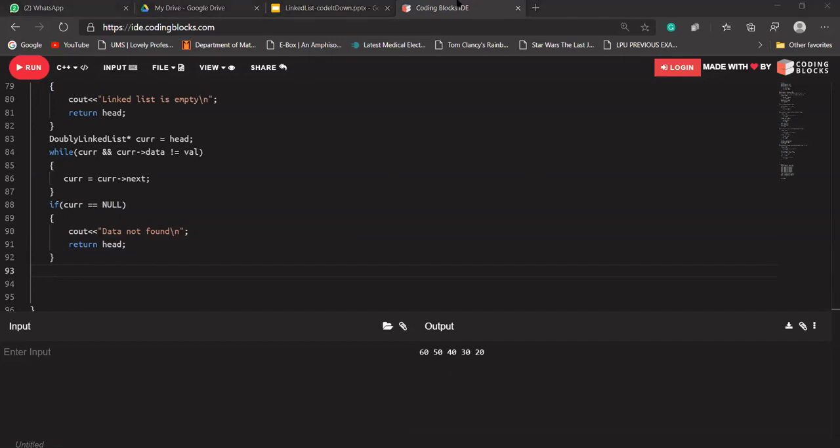let me draw something for you. Suppose there are three nodes. Let's quickly draw. Okay. Let's say here it is 1. Let's say here it is 2. Let's say here it is 3.